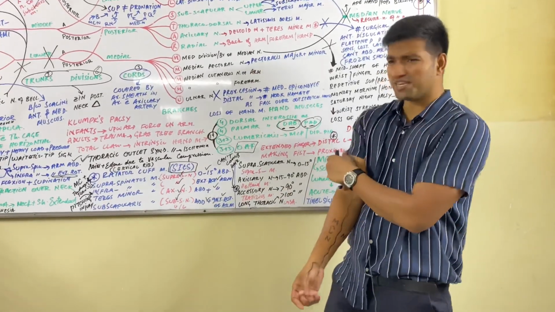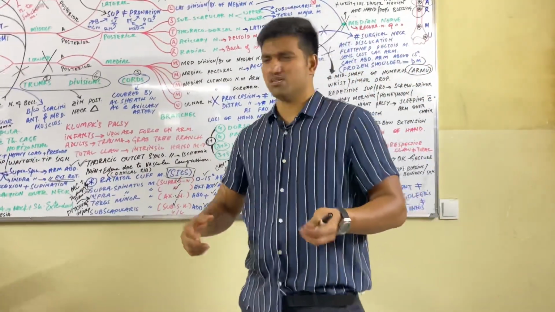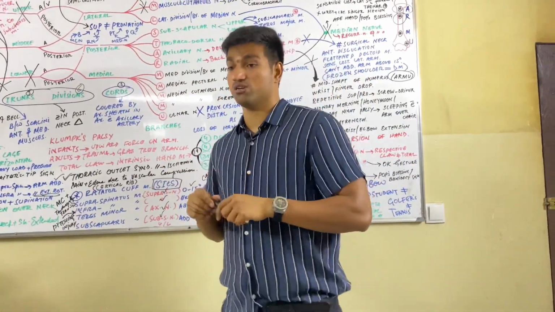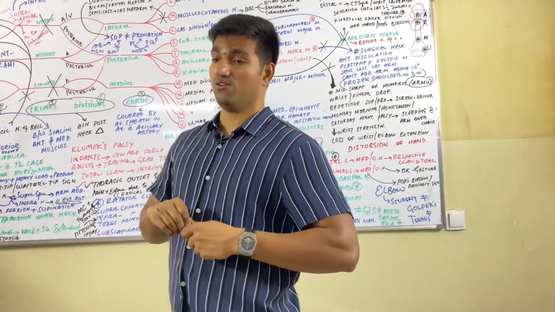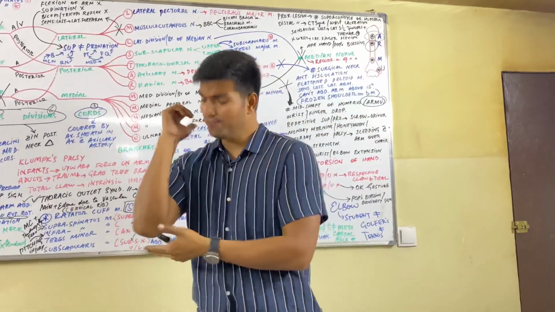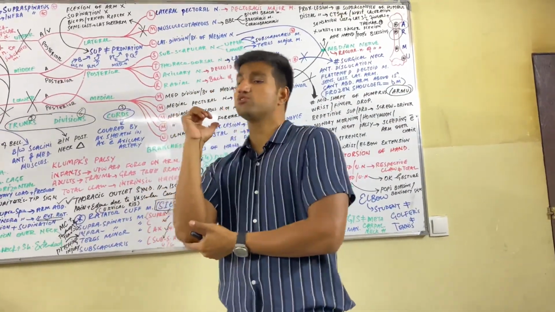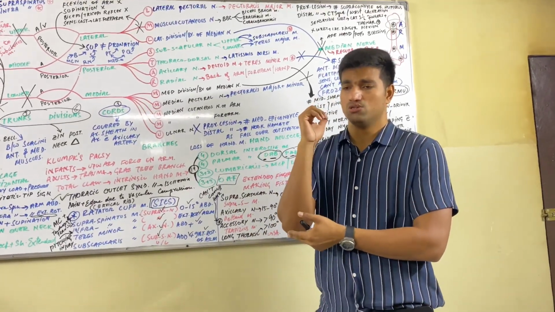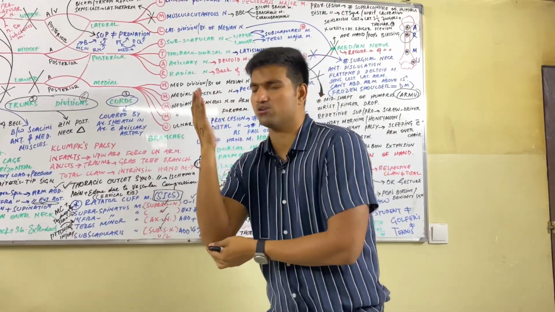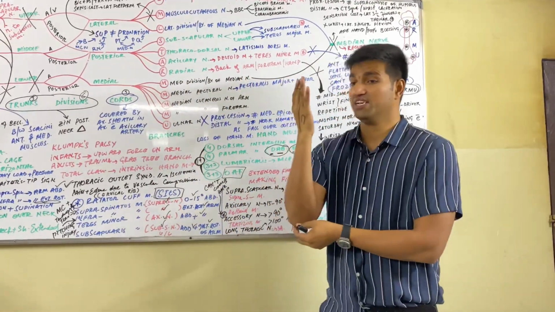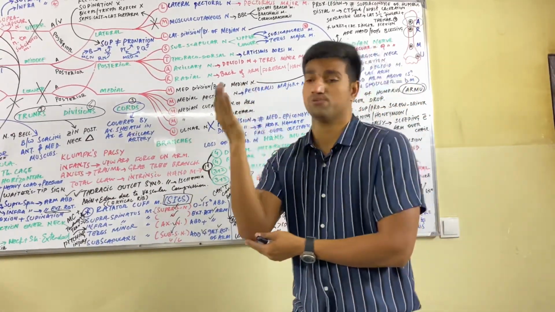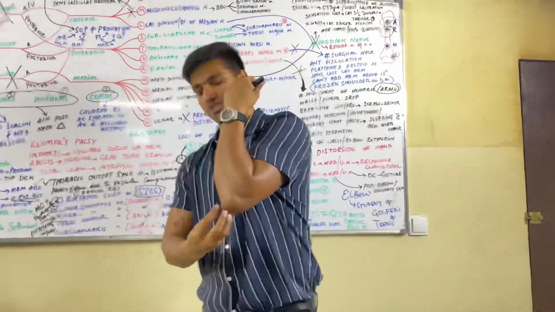And lastly we have student's elbow. What is student's elbow? Students give support to their heads when they are sleeping or when they are focusing, giving a lecture like you are doing right now. They give support to their heads by putting their elbow on the hard desk. So they do like this. What will happen is that the bursa over the posterior part of the olecranon process becomes infected, with effusion of the bursa at the posterior aspect of the olecranon process, and this elbow part will be inflamed.